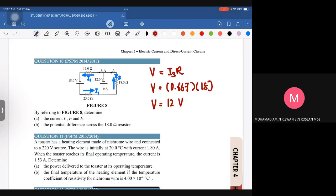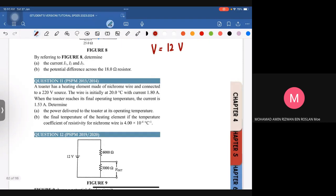Okay, let's continue. Question 11. Okay, so we have a toaster that has a heating element made of nichrome wire and connected to a 220 volt source. So this is our volt. The wire is initially at 20 degrees Celsius with current 1.8 ampere. When the toaster reaches its final operating temperature, the current is 1.53 ampere. Determine the power delivered at its operating temperature and then the final temperature if the coefficient of resistivity is this one here. Okay, so untuk power,